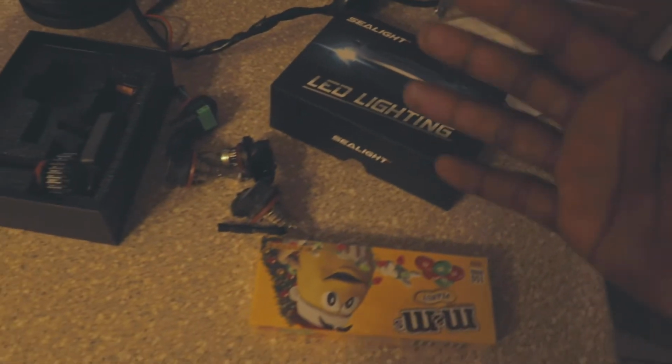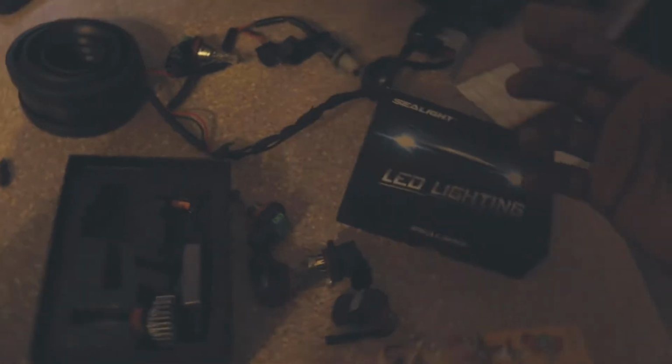So I got these headlights off of Amazon. They had pretty good reviews, and it's pretty much a 6000K headlight, so it's going to be a very white light. The only downside about that is